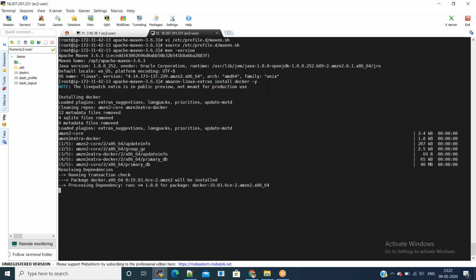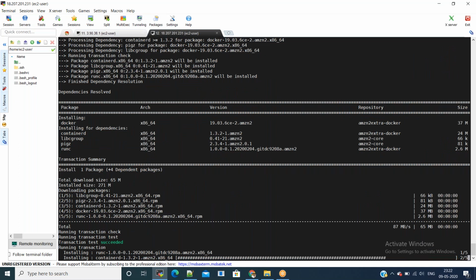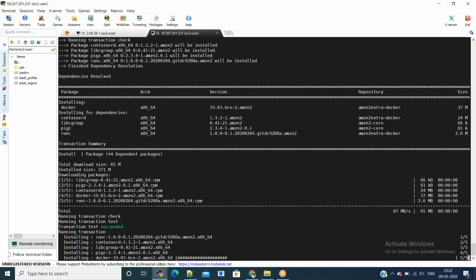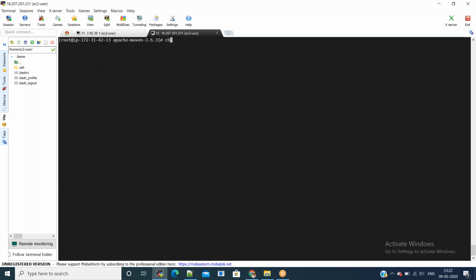Now this will install Docker and then we will register the Docker service and we will create an AMI from there. Okay, now we will register the Docker service: chkconfig docker on. Done.